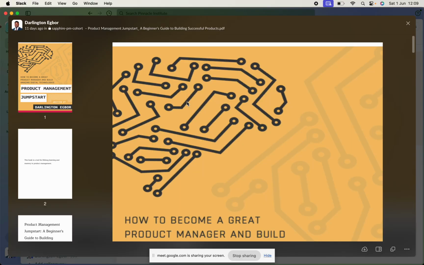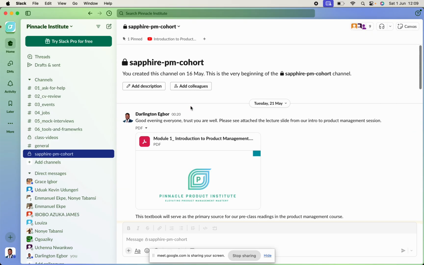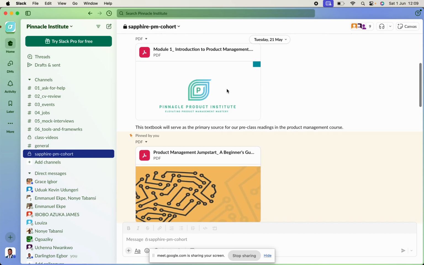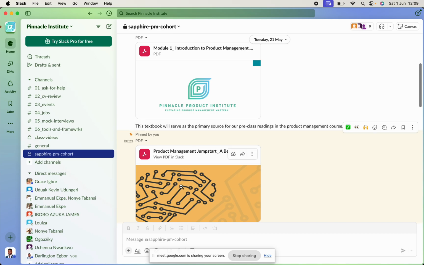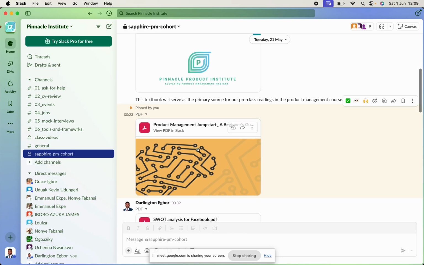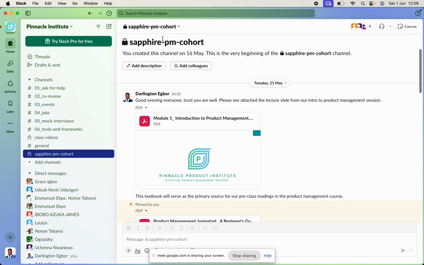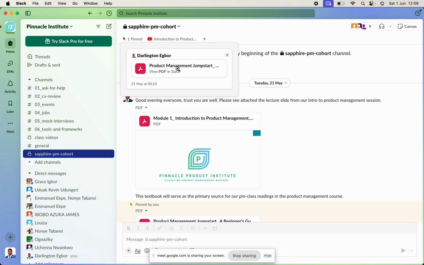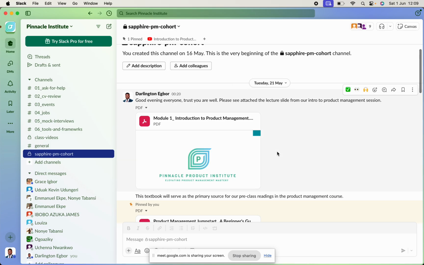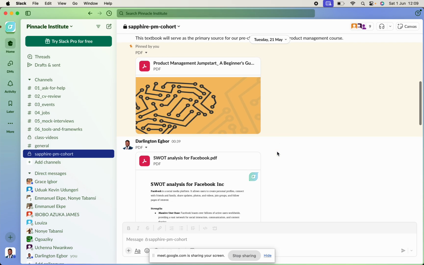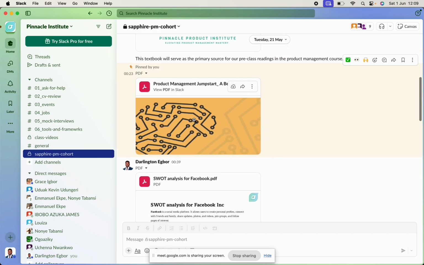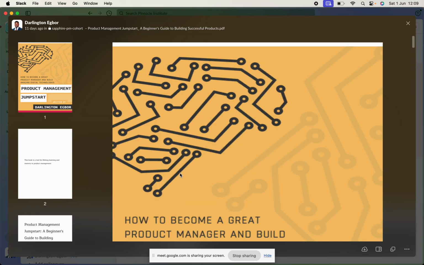Last week, if you go on our Slack, the software cohort, it's literally the second item I shared, which is Product Management Jumpstart. So whenever I say let's read a chapter, this is what I'm referring to. I've also pinned it so you can get there faster. Click on that and download it to your phone or laptop, whichever is more convenient for you. And last week we had to read